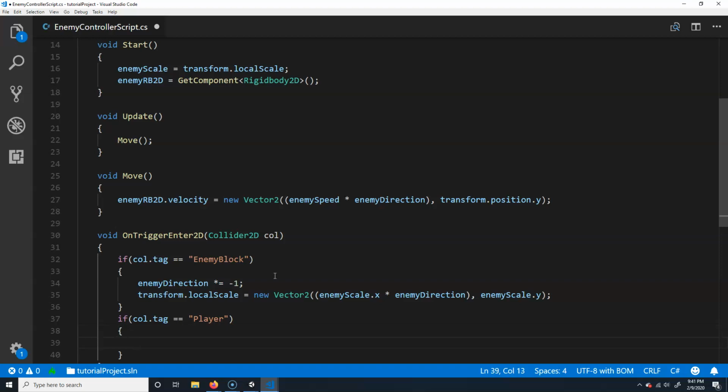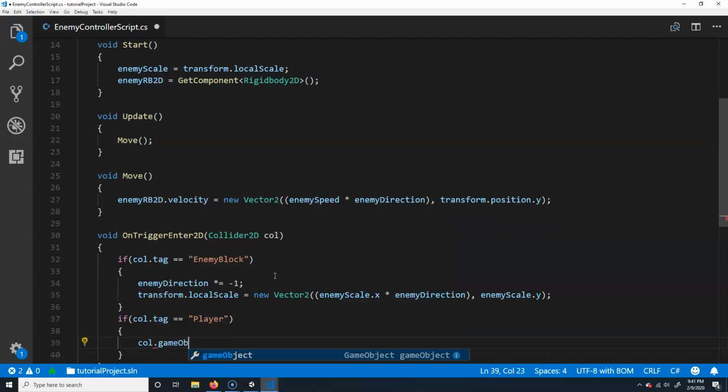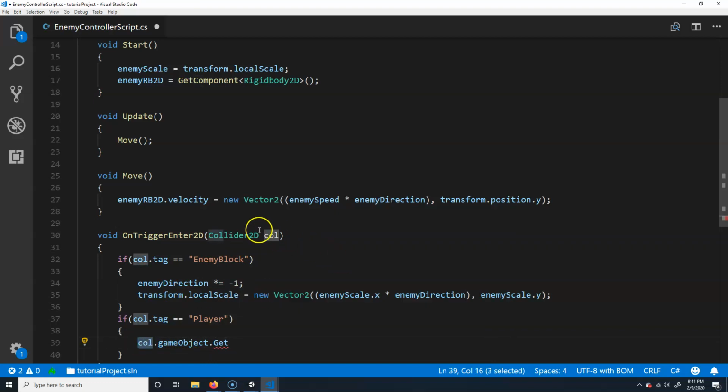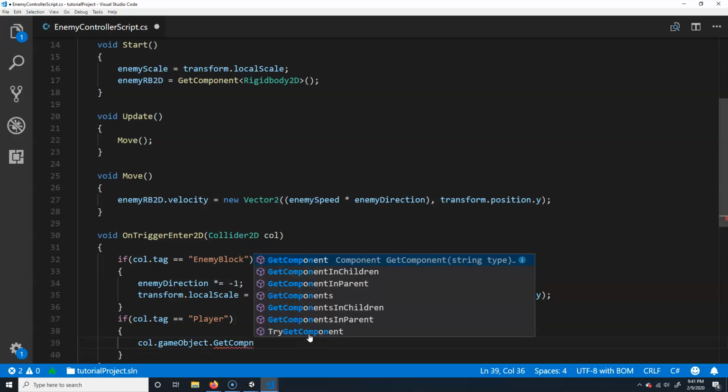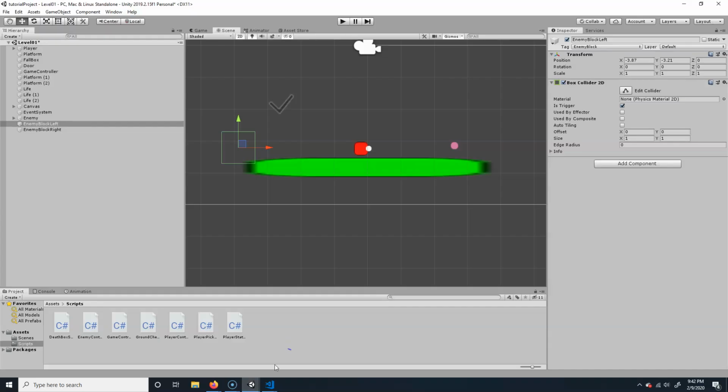So if that's the case, we're going to do col dot game object, dot get. Basically, the collider, because remember it stores the collider in that, we want the game object, and then on that game object we want to grab the component, and the component I'm going to look for is the player stats script. Now the reason we have a player stats script is that, if you remember, player stats script